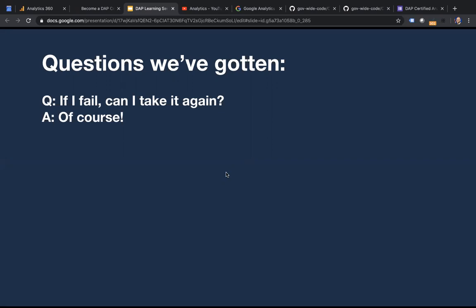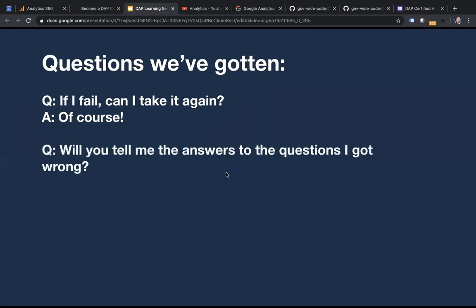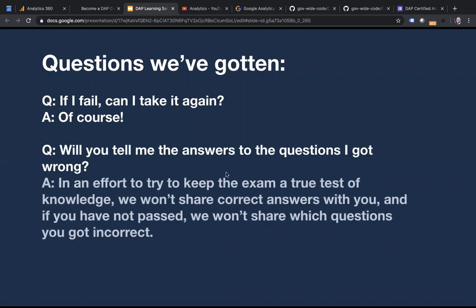But by that token, people also always ask us, will you tell me the answers to the questions I got wrong? The answer to that is generally no, because in an effort to keep the exam a true test of your knowledge, we're not going to share the correct answers with you. If you don't pass the first time you take it, a lot of folks say, well, which questions did I miss?